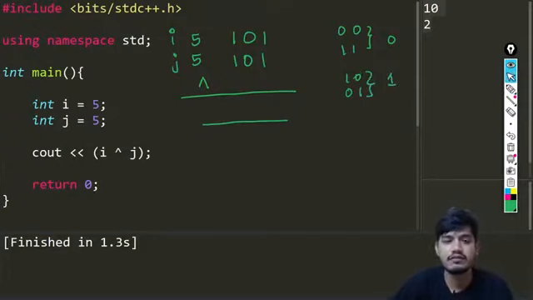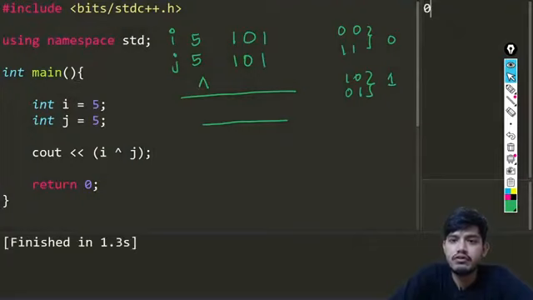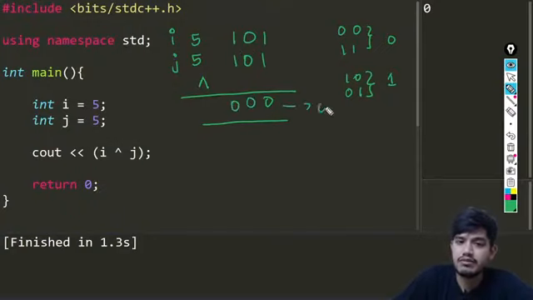Mostly all of them are telling the value. Vijay is also telling. Vijay has also joined today, so you can see he's telling the value as 0 in this case, which is correct, and Abhishek is telling 1. But let us try to run the code and see the output by ourselves. When you run this code, you will be getting the value as 0 here. Why 0? Because if we are doing 1 XOR 1, we will be getting 0 because they are the same. They are again the same, we will be getting 0. If you are doing this again, you will be getting value 0. So this is nothing but value 0, which we are correctly getting here.